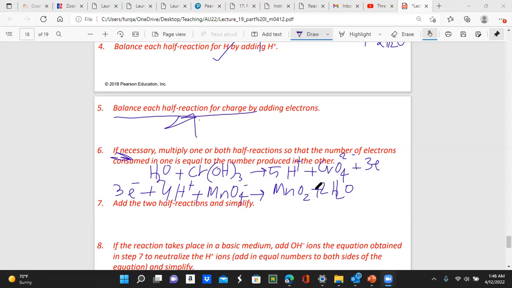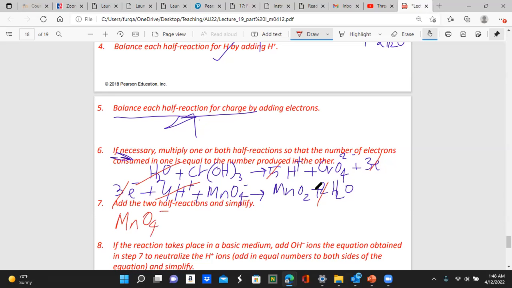So we were here. What we will do, we will cancel the similar stuff on both sides now. So we have 4 hydrogen ions here, which are going to cancel 5 here. So 1 hydrogen ion is remaining on the other side. I have 1 water molecule that's going to cancel 1 here, and 1 water molecule is remaining on the right hand side. And then I'm going to simplify. And my electrons are also being canceled, right? So the simplification is going to give me